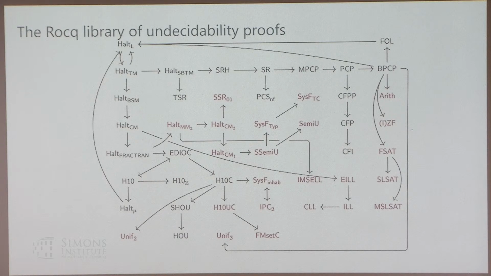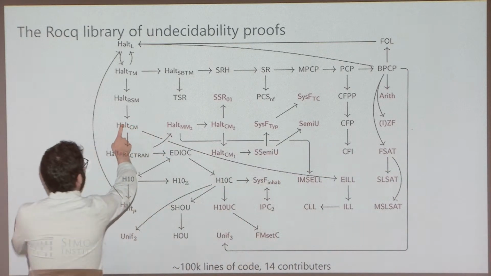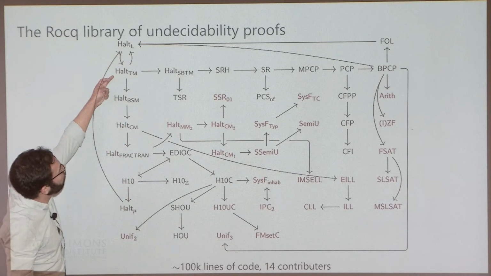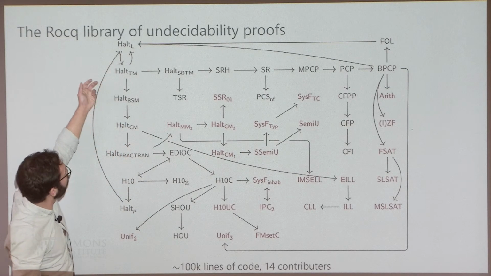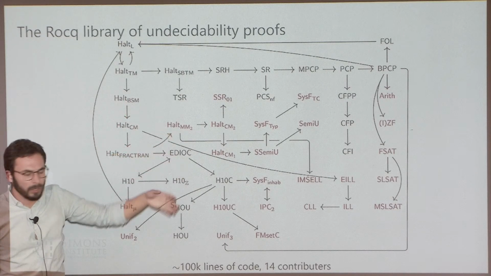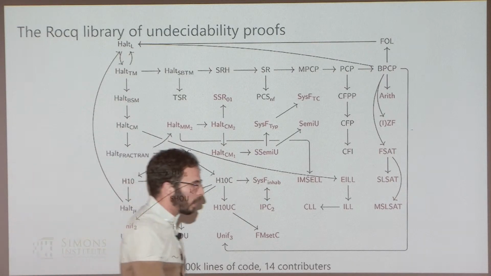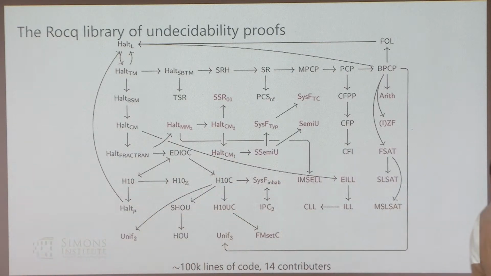What do the directions, the links, mean? I think this means that there is a many-one reduction reducing Turing machine halting to, like, binary stack machine halting. All of these are many-one reductions. It could be something different, but in fact they're all many-one reductions. That's the easiest way to explain it. If you need to do other kinds of reductions, it actually also works. You can do truth table reduction, weak truth table reduction, Turing reduction, no problem.